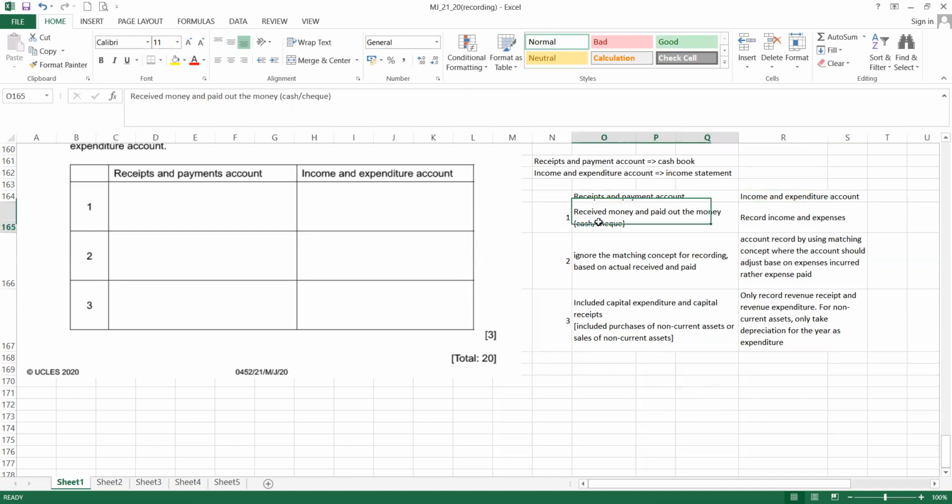Sometimes this one also can be the cash book. The points can be used for the same thing if the question comes up in other businesses, where they ask for the difference between cash book and the income statement. The same points can be used. So this is for the first question. Okay,